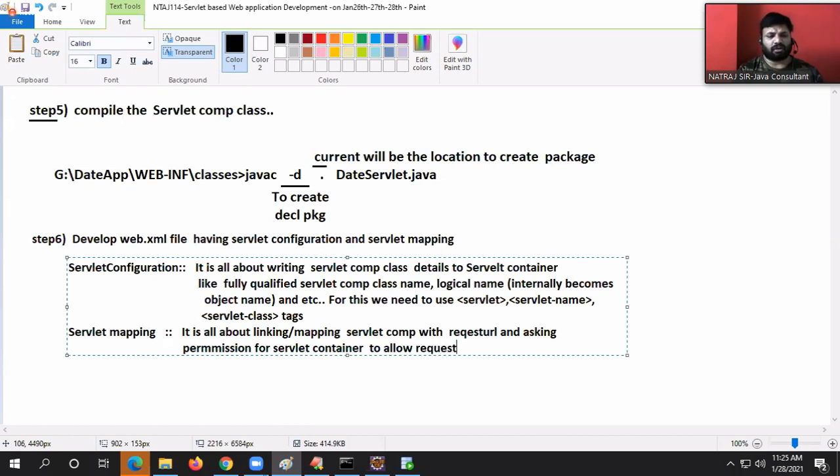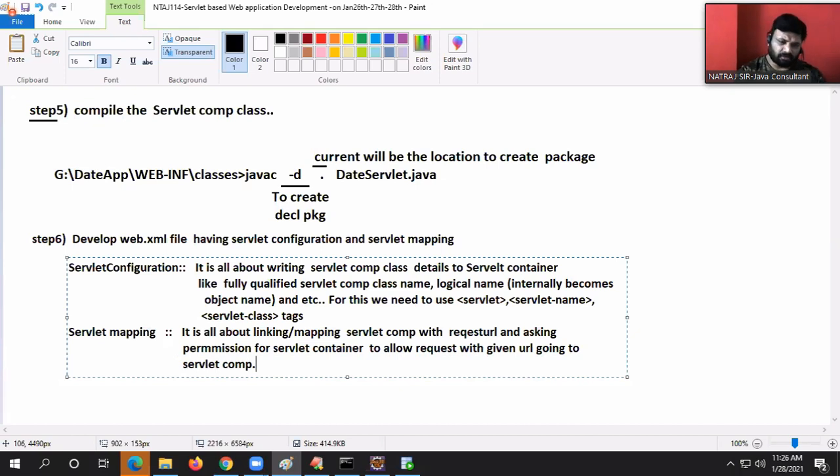To allow a request with the given URL going to the servlet component.